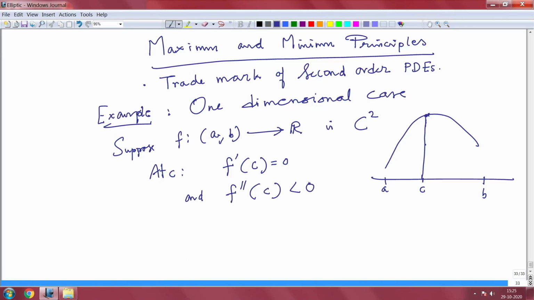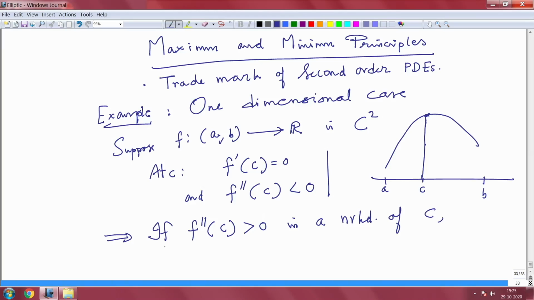So what does this conclusion tell you? If f double prime of C is positive in a neighborhood of C,